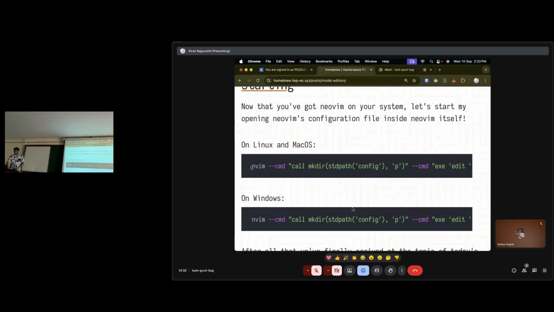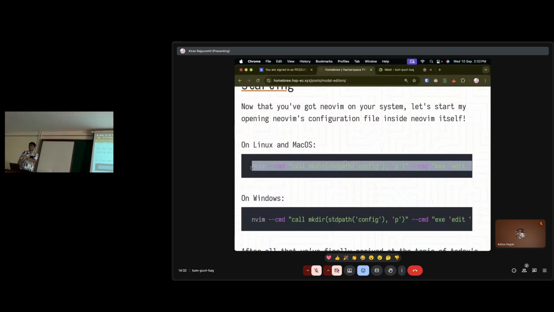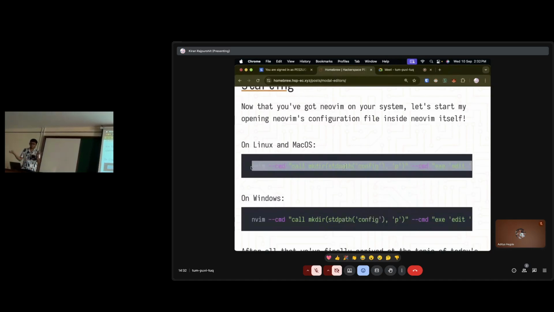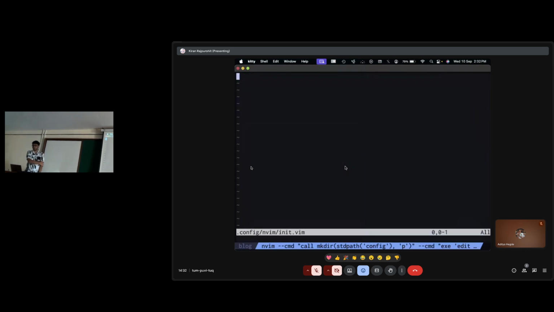If you're on macOS or Linux, copy this command. If you're on Windows, copy this command. Just triple click to select the entire line, and open your terminal, paste it and run it.